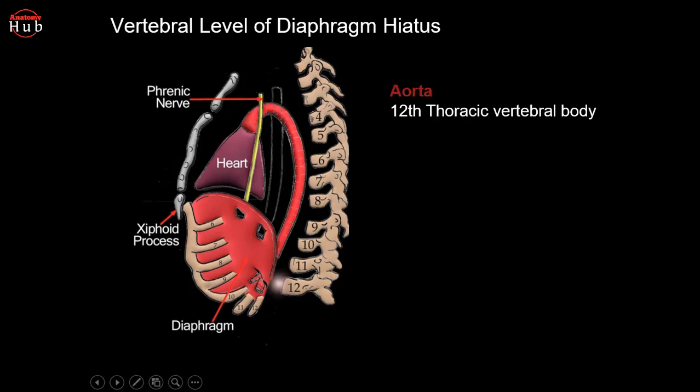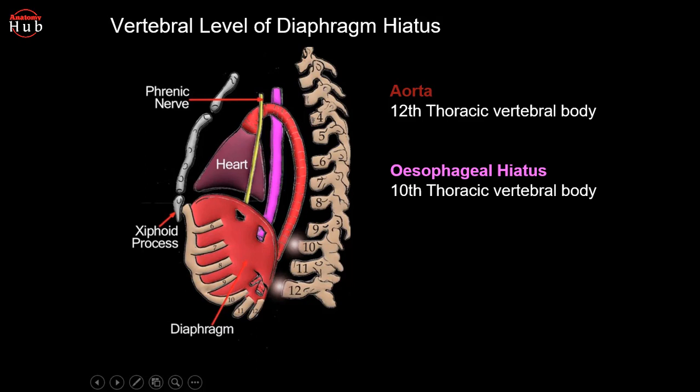First you will see the aortic opening, or aortic hiatus. As you know, this is your ascending aorta, then this is your arch of aorta, then it goes down as the thoracic aorta, and when this thoracic aorta passes to the 12th thoracic vertebra, it changes its name. Like that, here you will find the esophageal hiatus. Here you can see in purple blue your esophagus going down, and at the level of T10 thoracic vertebra, the esophagus passes towards the abdominal cavity, and its name changes to the abdominal part of the esophagus.